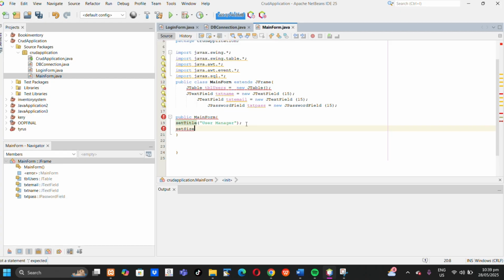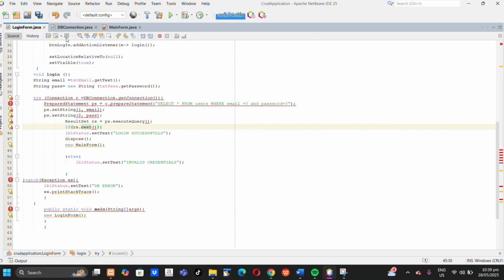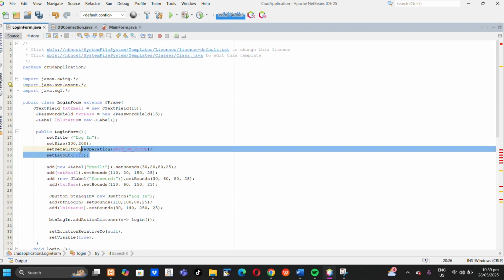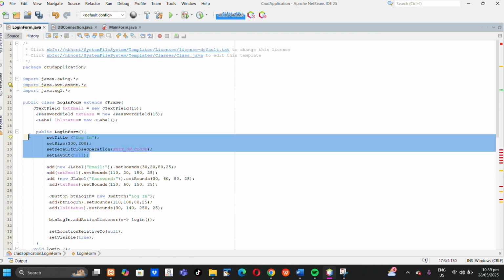Next, let's set default close operation. We're going to copy and paste it as we used to, because it costs a lot of time. Let's go back to